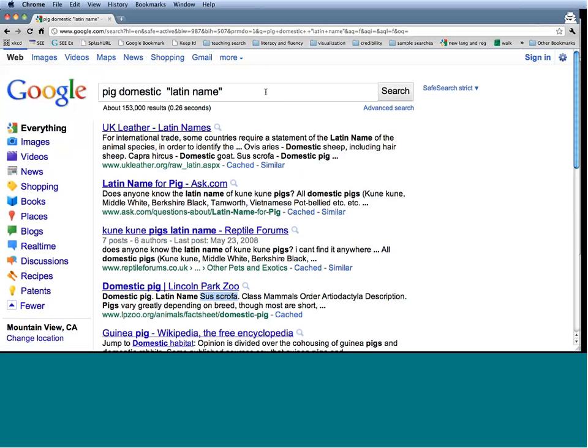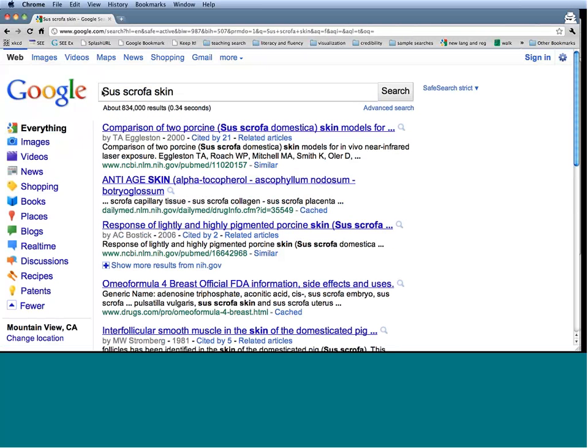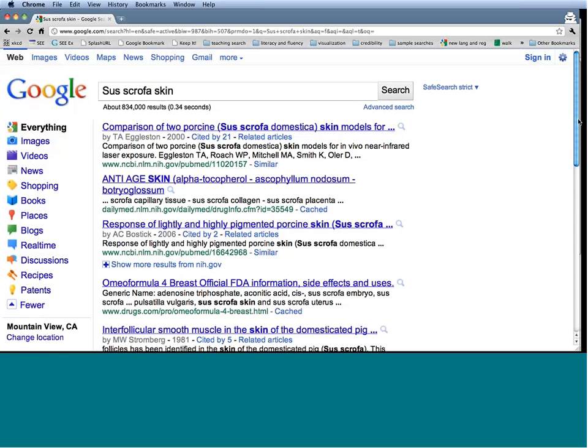And so now I'm going to, by the way, perhaps at some point this person would figure out that perhaps scientific name is a better term, but that's all right. So for right now, we're going to go for this Latin name, which also, ideally in real life, I would check to make sure was proper to what I wanted. But when I do the search for Sus scrofa skin, I now come up with actually quite a few